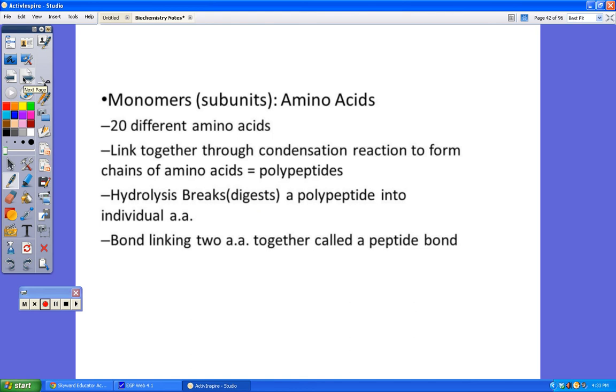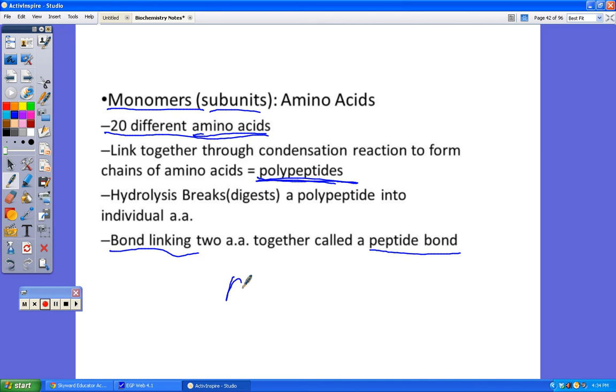So these are all made up of what's called a monomer. So a single part, they're called subunits. There's about 20 different amino acids, and they're just strung together along and along, and we'll see how those are made later on in the year. But basically, they link together through what's called a polypeptide bond. And so when those break, the amino acids can break apart. Okay, so this is the bond linking the two together, peptide bond.